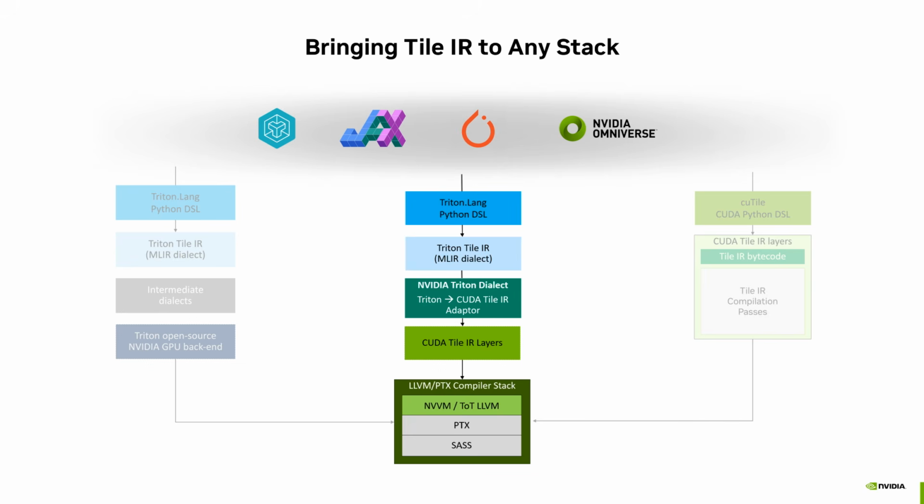Because what you do instead, because this is all MLIR, and MLIR is kind of like playing with Lego for compiler people, we can take Triton tile IR, go through a dialect that translates it to NVIDIA's backend, go through the tile IR backend layers, go through the compilation flow, and get onto the GPU. And this way, NVIDIA can raise all the boats, right? If you're using Triton, remain in Triton, you can take advantage of the backend compiler, you can get the performance associated with that, you can get day zero support for new GPU architectures as they come out, get the portability, get your name on a wall. Wait, that's different. But you get all kinds of stuff as part of this for free, effectively,